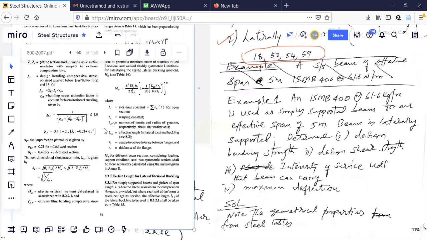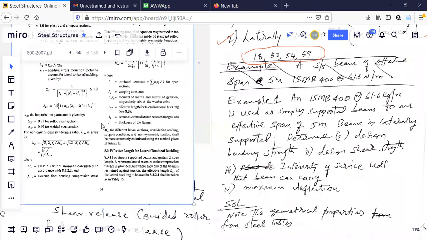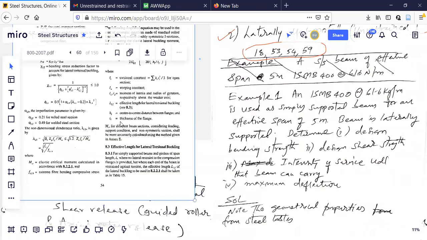If you know this page number, you can solve the problem. Even if you don't follow the theory, you can still solve the problem if you know the procedure. If you know the procedure, you will know that you should open pages 54, 55 and some others in the code book. Every formula is available over there. Use that formula, because I know the procedure, and get full marks for that. You will get 20 out of 20 without even understanding the theory. You can score, so don't worry about that. Don't worry about getting full marks here. You will get it. Try to understand what you should understand here.